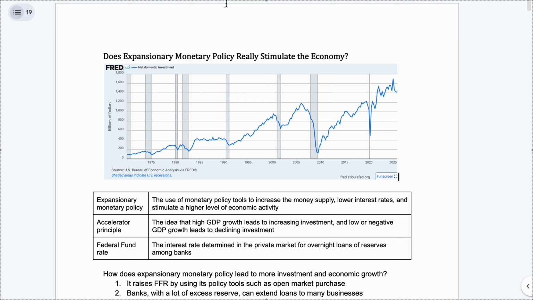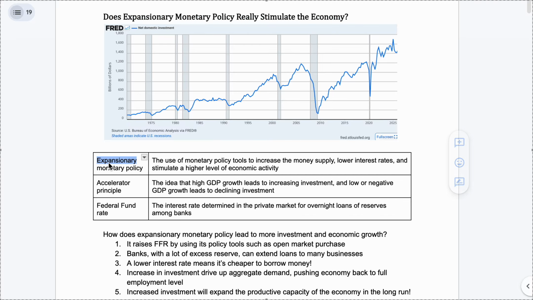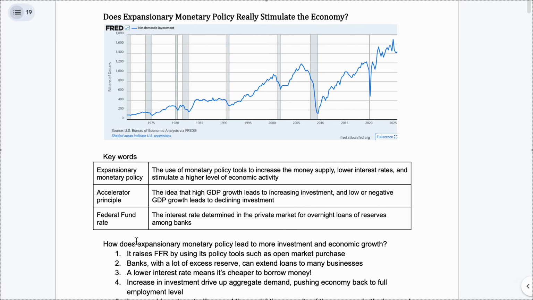Expansionary monetary policy this time, and I'm going to answer the question: does expansionary monetary policy really stimulate the economy and stimulate investment? Okay, so let's start with the definition. Keywords. What is expansionary monetary policy? It's the use of monetary policy tools to increase the money supply, lower interest rates, and stimulate a higher level